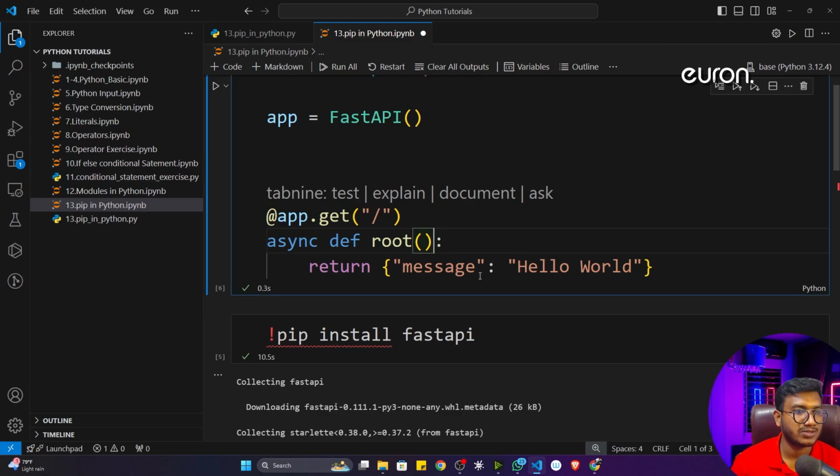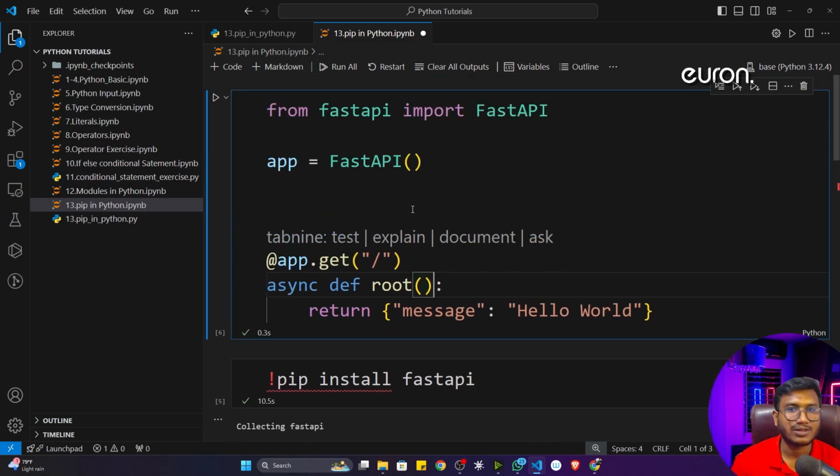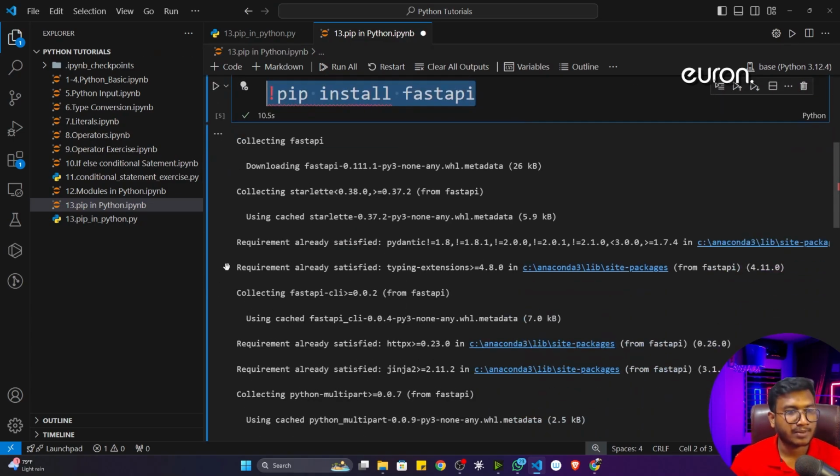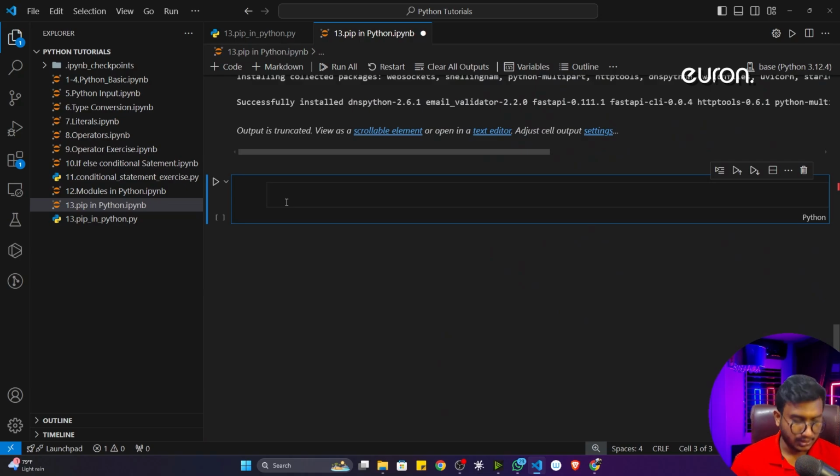See, now this program is working fine. Now let's say you don't need this Fast API. You can also uninstall it. For this, you copy this command, take a new cell, and